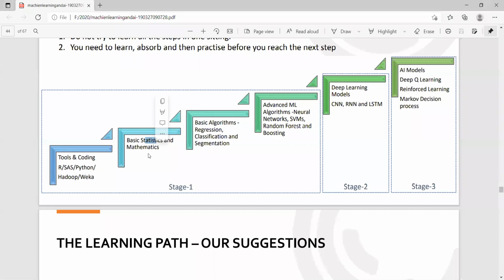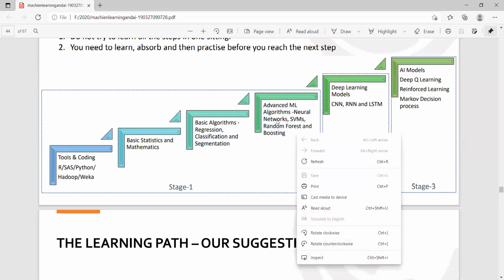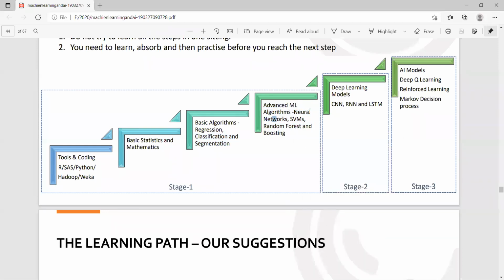ऐसा भी नहीं कि आपको एकदम ह्यूज लेवल का स्टैटिस्टिक्स एंड मैथमेटिक्स पढ़ना है, आपको बेसिक लेवल का स्टैटिस्टिक्स एंड मैथमेटिक्स पढ़ना है, वो भी आपने अपने 2 साल में पढ़ा है. देन नेक्स्ट आता है आपका एल्गोरिदम्स पढ़ने का काम. ये एल्गोरिदम्स आप एआई और डेटा साइंस में पढ़ने वाले हो in your TY semester 5 and semester 6. Yes, एक बार आपने एल्गोरिदम पढ़ा, then comes advanced machine learning algorithms like neural network, SVM. ये 2 पार्ट आपके टीवाई में पढ़ने जा रहे हो. यस. देन कम्स योर मशीन डीप लर्निंग. ये डीप लर्निंग है जो कि आपके टीवाई के सिलेबस में नहीं है, आपके एमएससी के सिलेबस में, क्योंकि ये बहुत ही